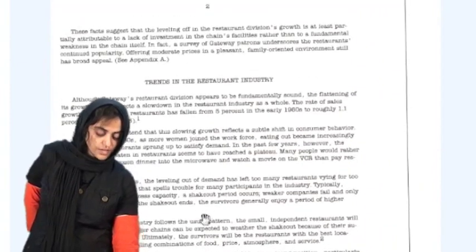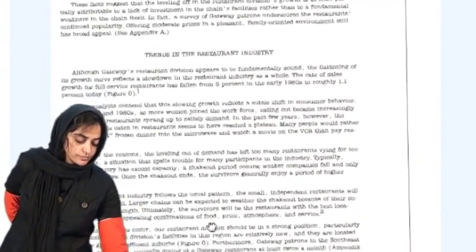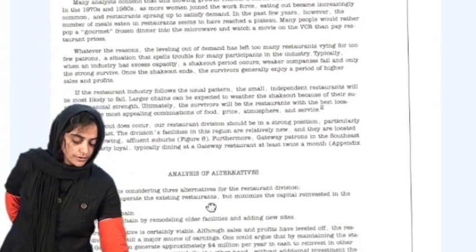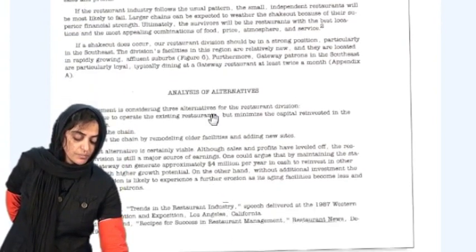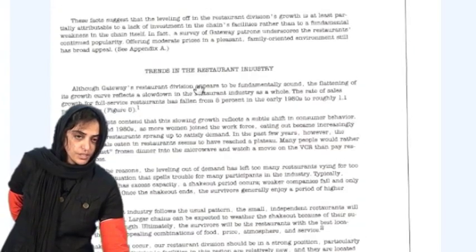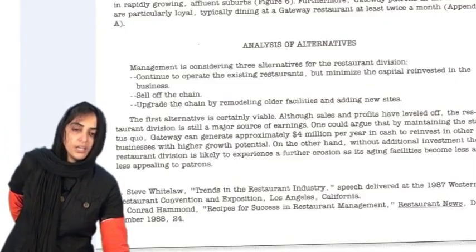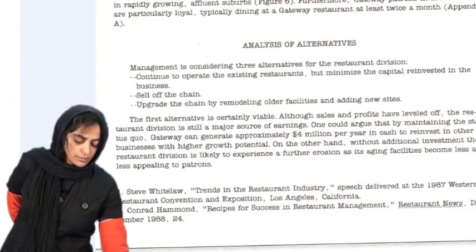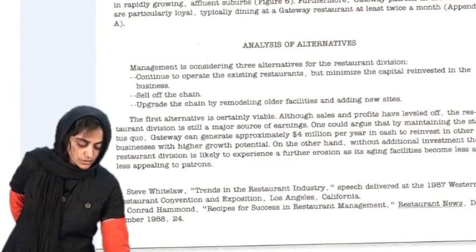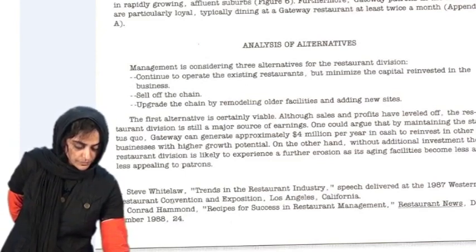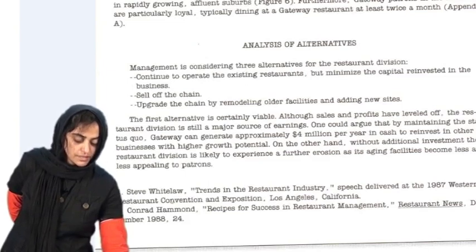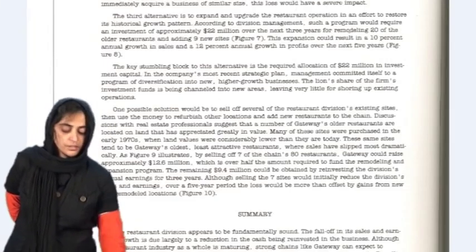Then, dear students, in the next page, Mr. Johansson is, as you can see, let me scroll it down and up for you. Here, this is page number 2 of the report. He is coming up with reason number 2, trends in the restaurant industry. He is talking about the other problems, the reasons. Then the fourth portion is the analysis of the alternatives. Here he analyzes all the alternatives available and gives you some recommendations. And finally, on the third page of the report, we see in detail he is giving you the alternatives. Then he is moving to the summary.